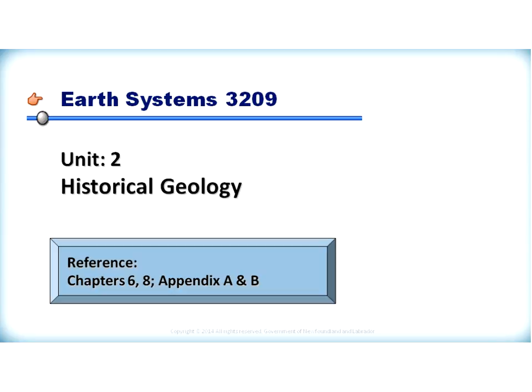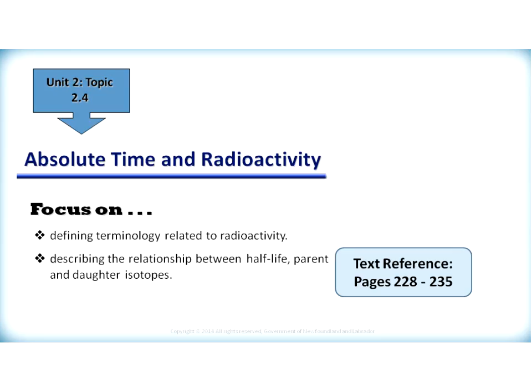Earth Systems 3209, Unit 2, Historical Geology. References for this presentation can be seen in Chapters 6, Chapters 8, Appendix A, and Appendix B. Unit 2, Topic 2.4,